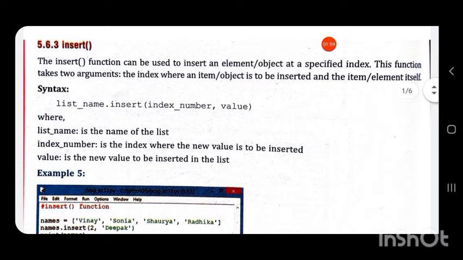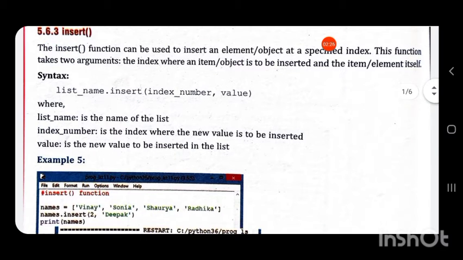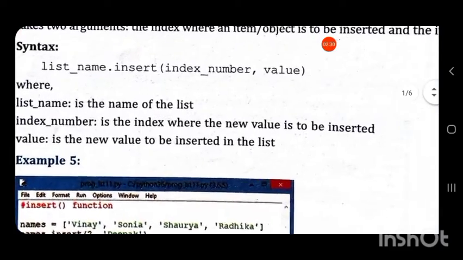Both extend and append are also inserting, but the difference is that in the insert function we can insert an element at any position of the list, but in the case of extend and append the element is inserted only at the end of the list. In append and extend, only one argument was given inside the function.